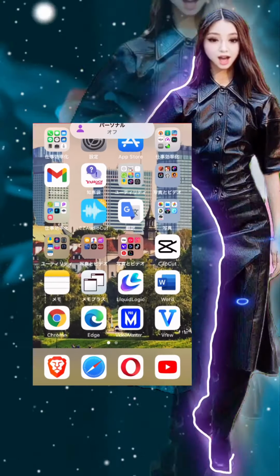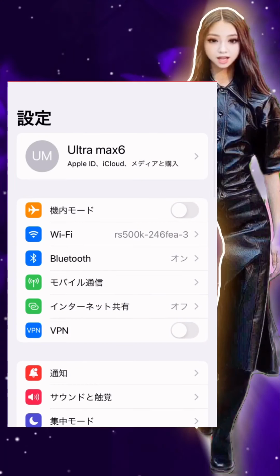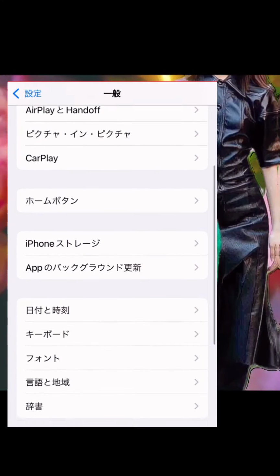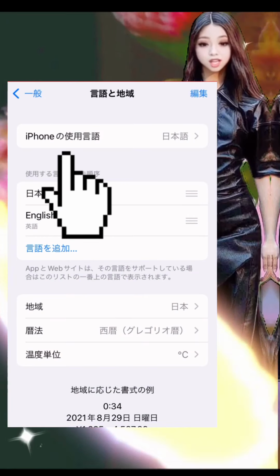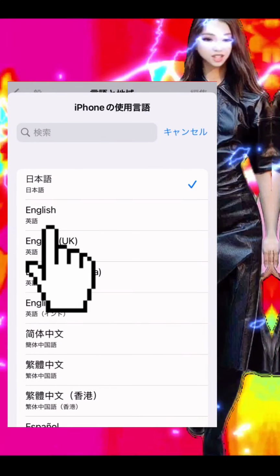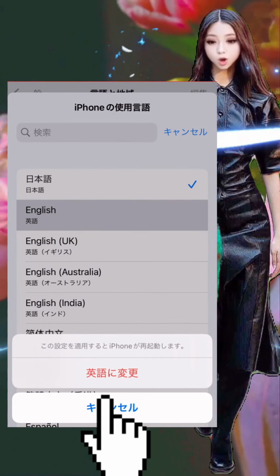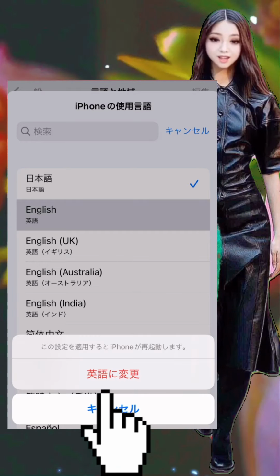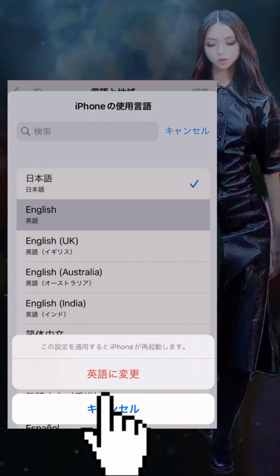Once you set the country setting on your iPhone to the United States and then back to Japanese, the translation menu seems to return. Please change to US instead of Japan in Language and Region of Settings, General. Also, if you include many countries as priority languages, you can choose English instead of Japanese and translate it into English. I think this is also a bug, but it seems better to keep it in only one country, Japan.